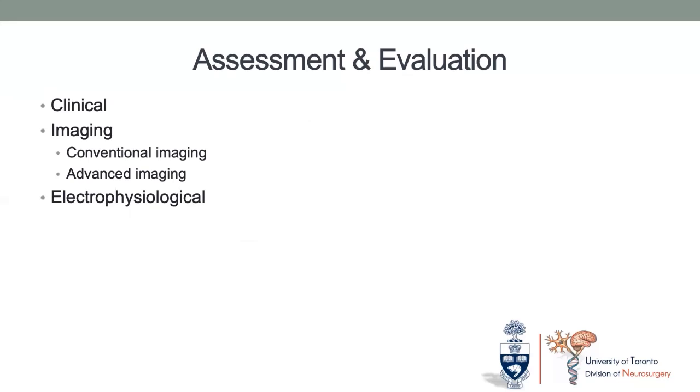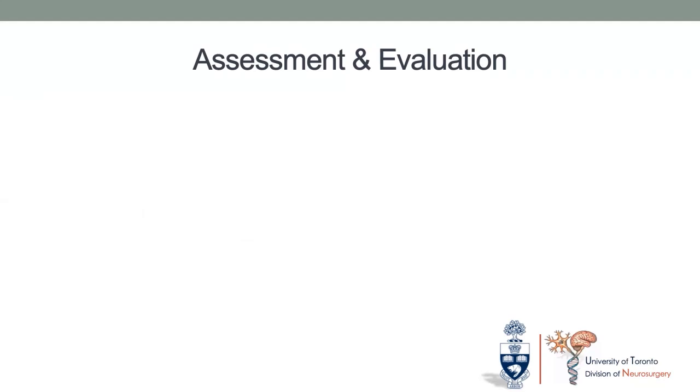Okay, so we'll talk about now the assessment and evaluation of these patients. Any evaluation of a patient suspected with myelopathy should undergo a detailed clinical history and examination, as well as appropriate imaging and electrophysiological studies. Starting with the clinical assessment,